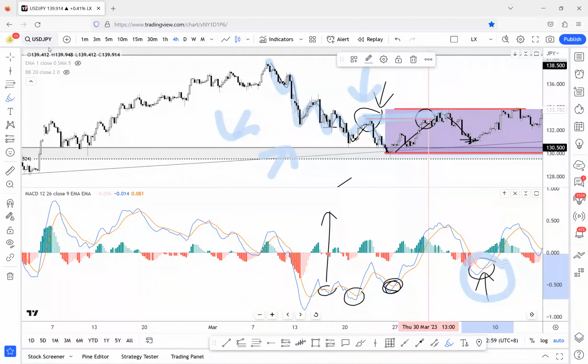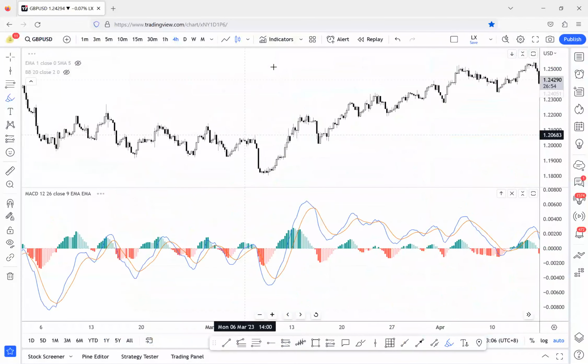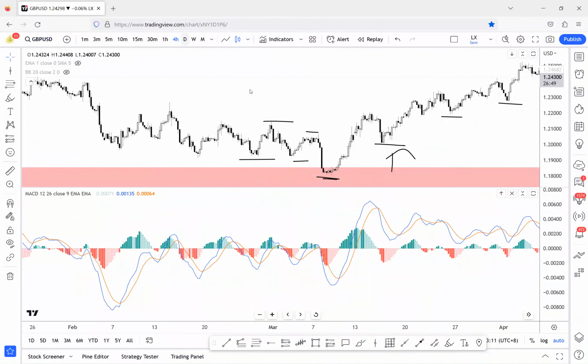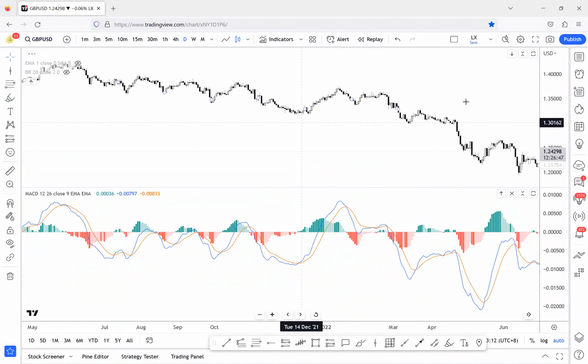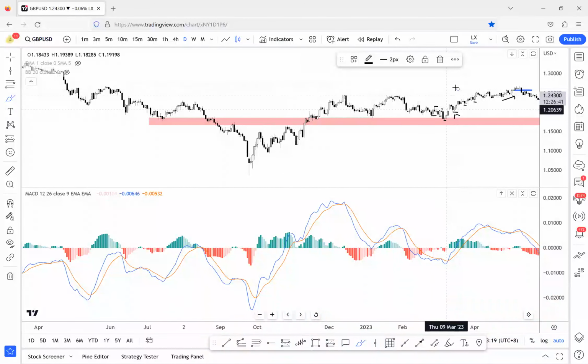So if we take a look at another example, on pound dollar, you can see the same thing would apply across the different time frames. So let's take a look at this example again on the 4 hour time frame. So the same thing: we can see price coming in to test this support and resistance area. So assuming that you're somewhere here in time, and you're seeing this move,